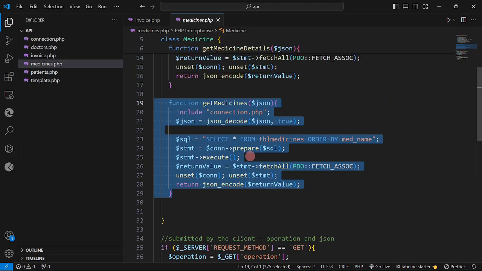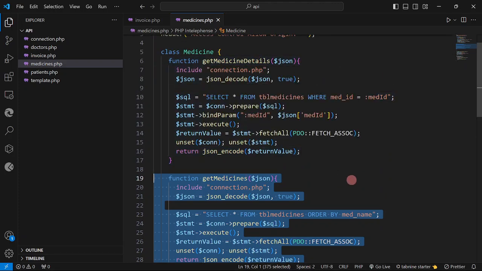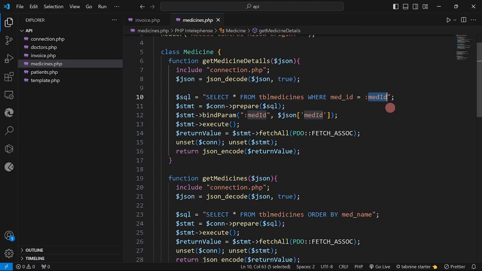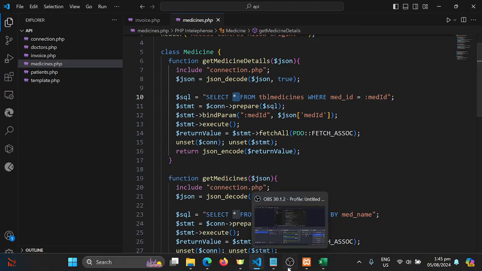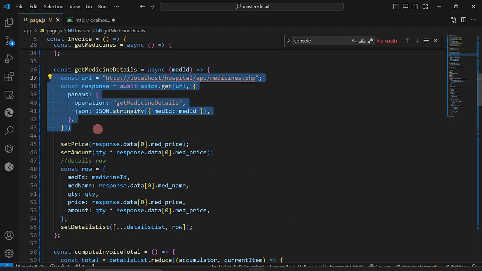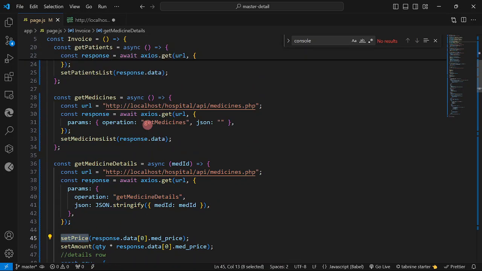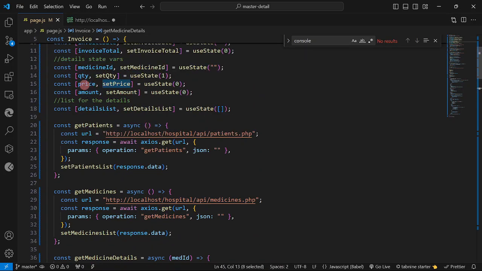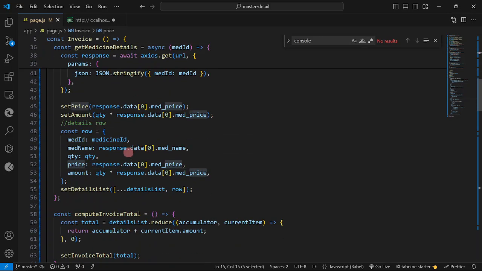Okay, so we have here get medicine details, and in our JSON we're going to ask for the medicine ID. So select asterisk from TBL medicines where ID is equal to the ID. So we are going to return all columns. It could be the name, the price, the ID, and so on. Once it has been retrieved, the next thing that we're going to do is set price. So we're going to set the price to